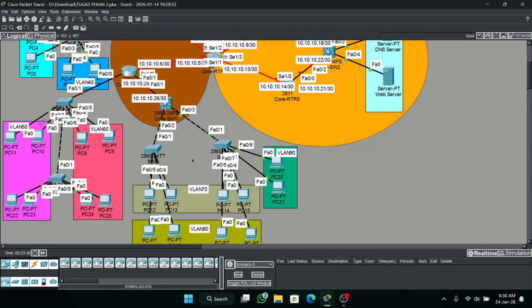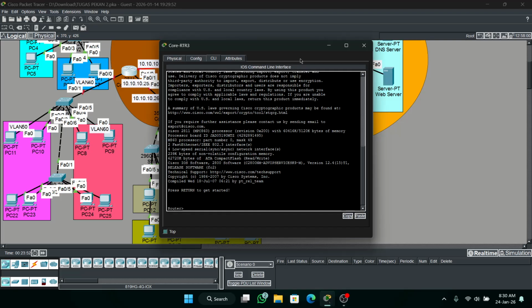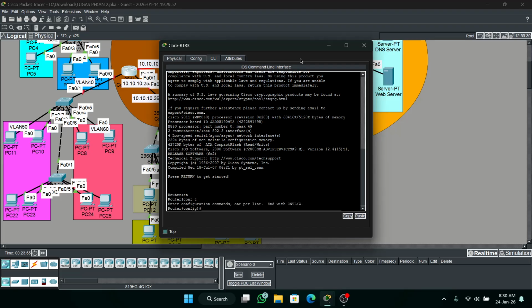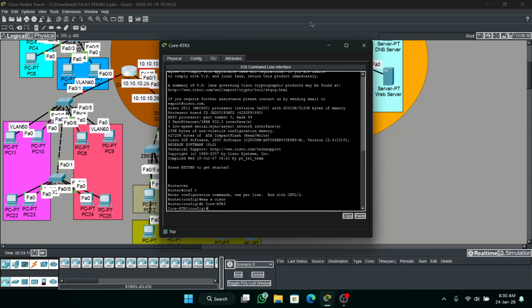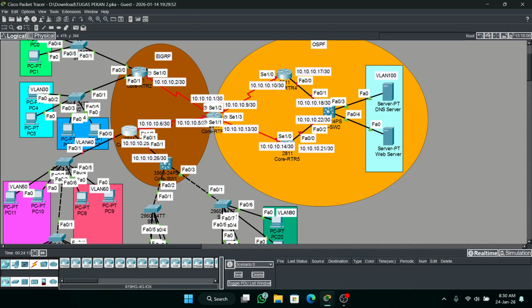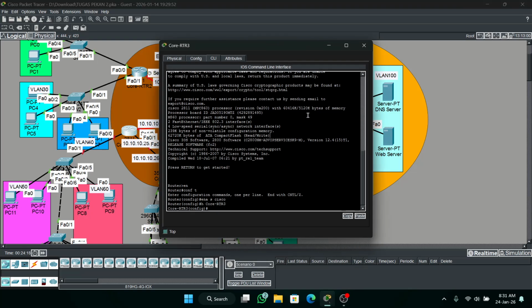Or you can go to the right here, but I will configure router on a stick first. First turn on fastethernet 0/0 and 0/1.